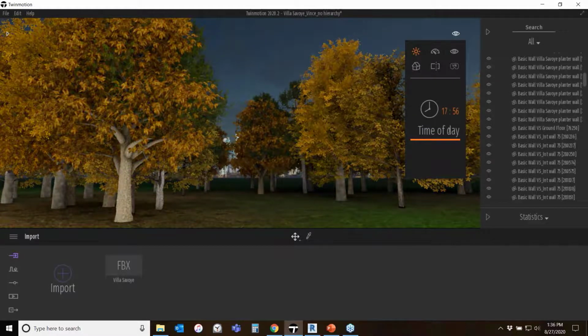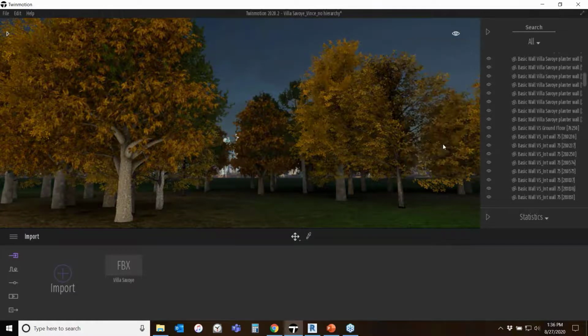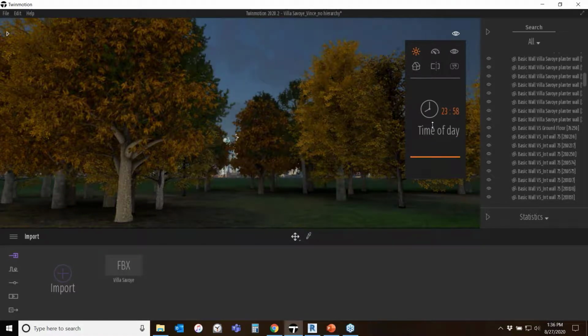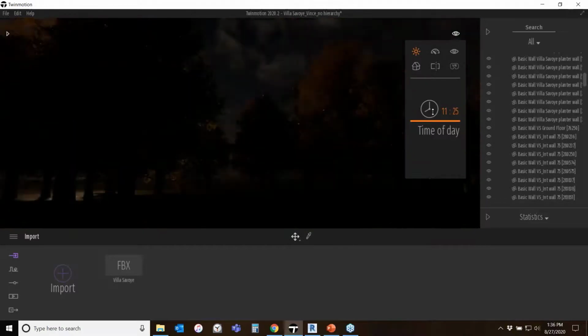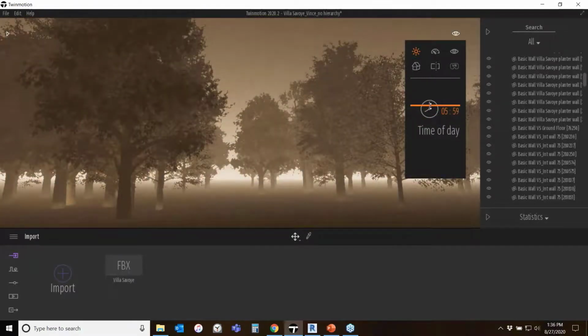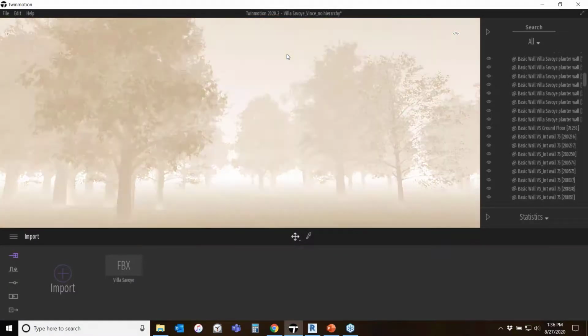Let's set this more at like 6 in the morning. Sorry, it's a reverse of what we're used to. Slide up. There we go. Let's set this like 6 in the morning here so we get kind of that early morning sunrise effect. See the exposure control trying to catch up here, but we start to see some of the physical sky effects,